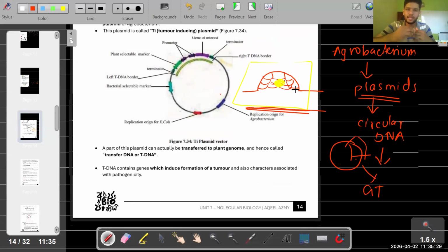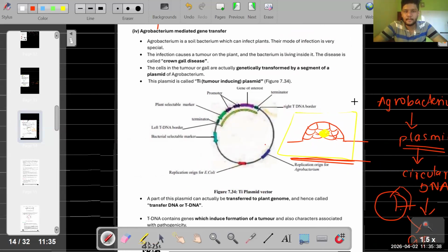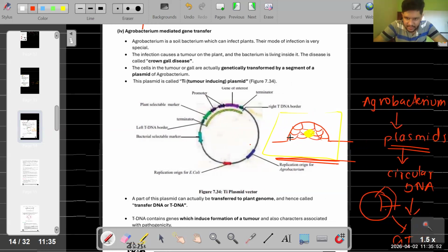They are developing into the cells of the tumor. Can you understand? Now tell me, this gall or this tumor,